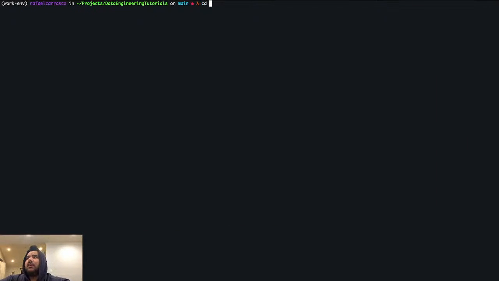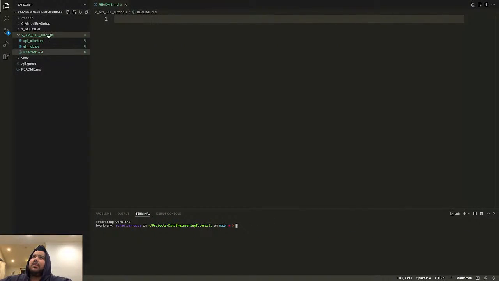So, in the last two tutorials, we covered setting up a virtual environment, and we also covered writing to a SQL-like database. In this tutorial, we're going to work with an API client. So, what an API client is in this situation, API means a lot of things. It literally stands for